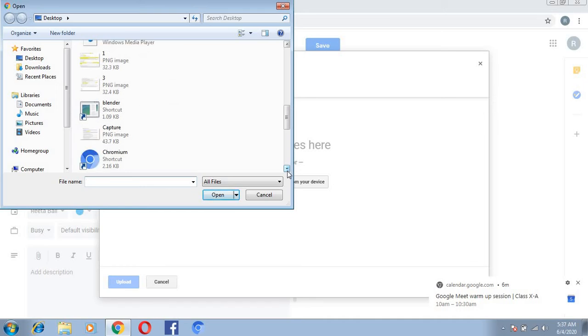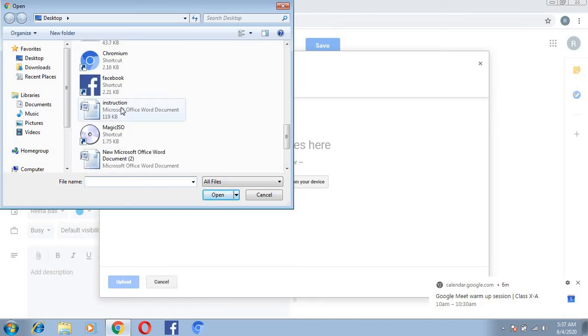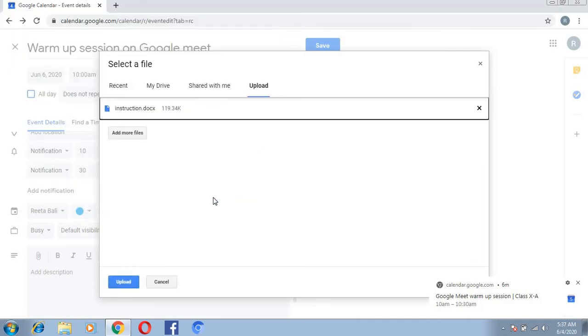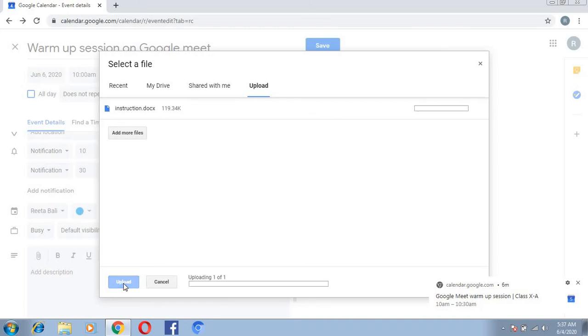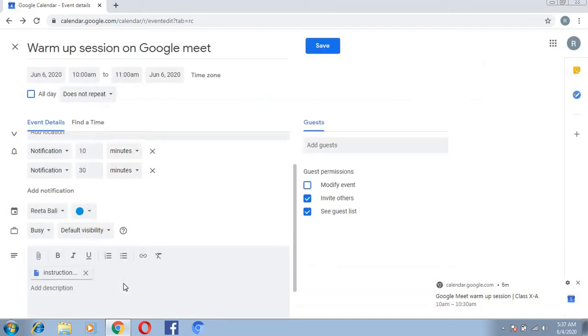If I am selecting this file, instructions, then after seeing this file here, you can click on the upload button. Now my file is attached.